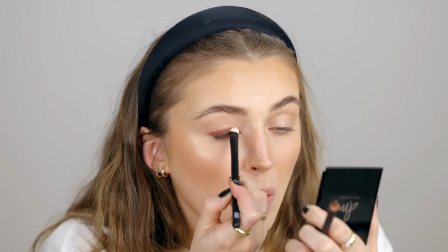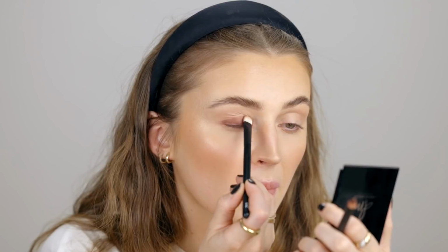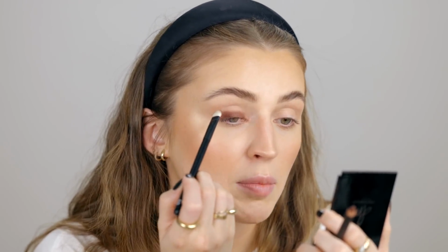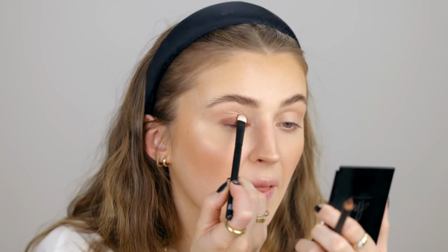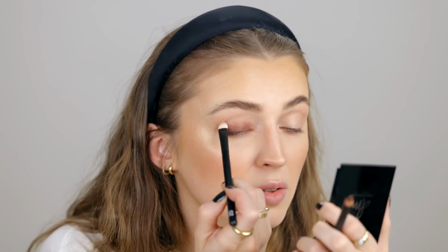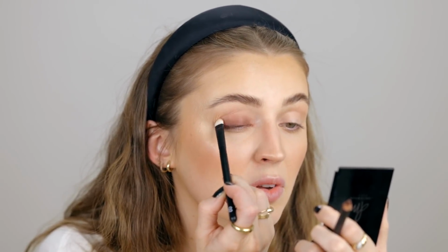I like to go horizontal swipes back and forth across the eye, and I place it right on top of the product, kind of like fluff it into the lashes, and then I blend it out. And the product will just continue to sweep along over the eye. Like I'll just start at the bottom and then I'm just wiping it